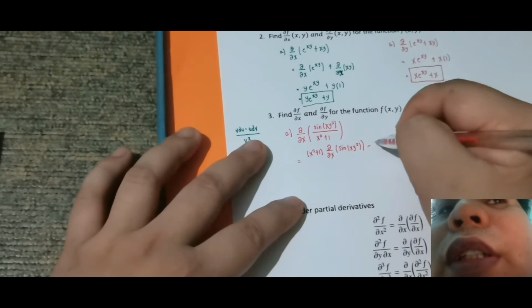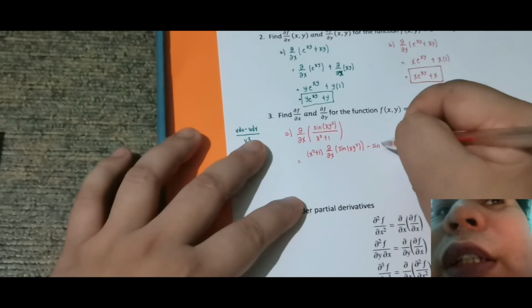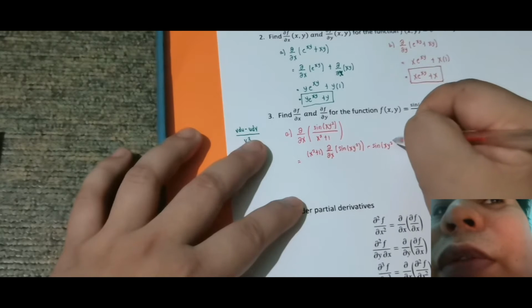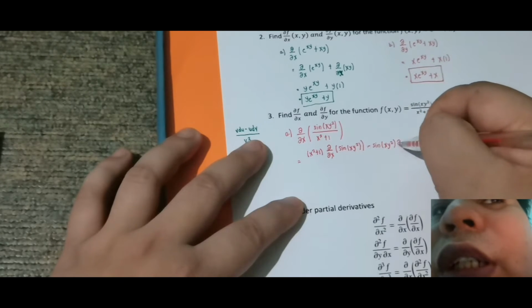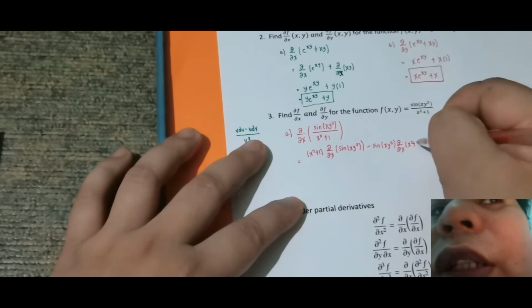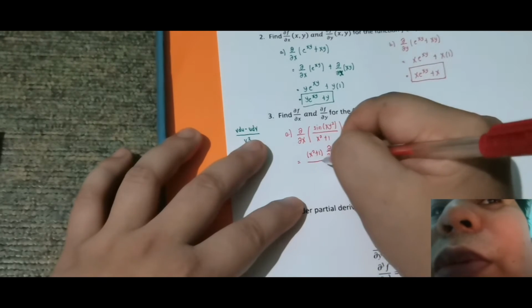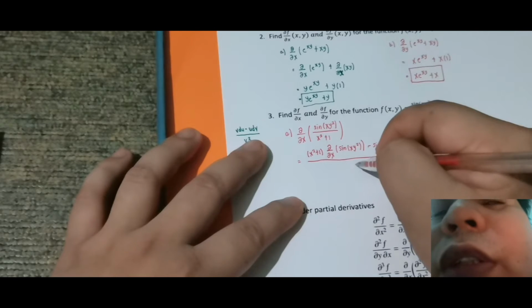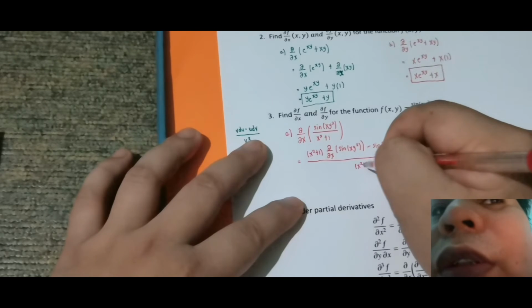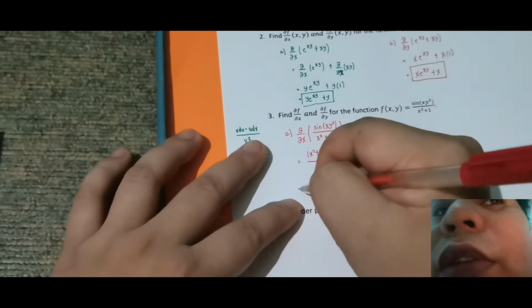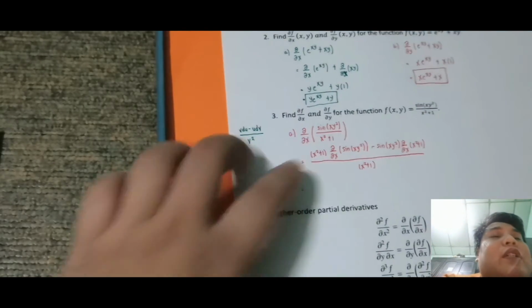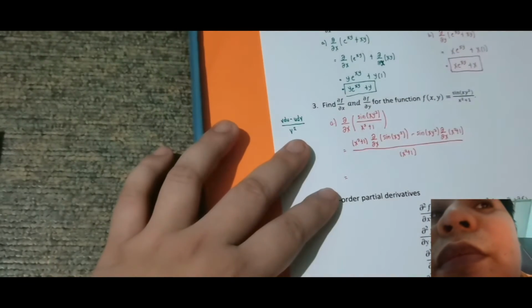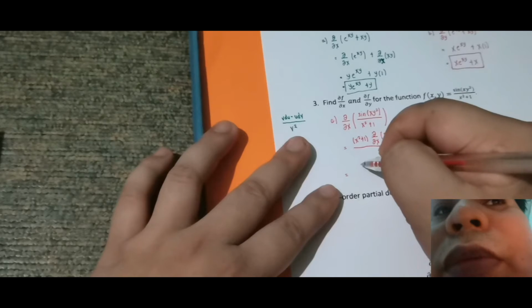Okay, then minus, this is sin ng x y squared, then this is partial with respect sa x ng x squared plus 1. Okay, then all over, this is just x squared plus 1. Okay, so technically this is just x squared plus y squared. Okay, so this is just x squared